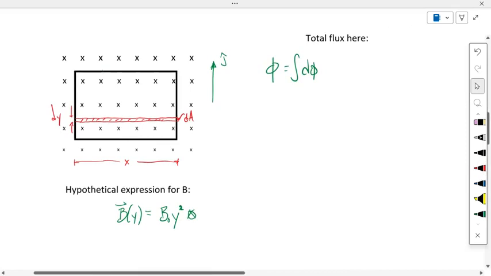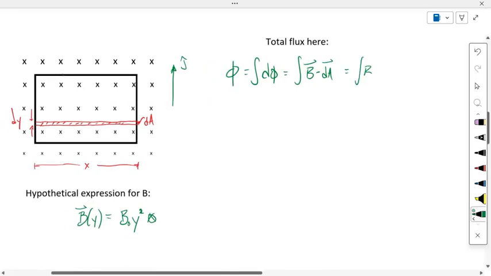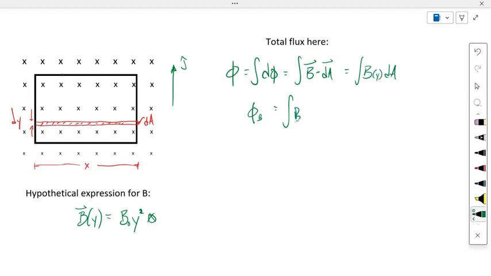Okay, so if we're going to add up lots of little fluxes, we can say this is B dot dA. But if we choose our area vector to also be into the page, then this simplifies to a plain old product, B dA, and we've got our function. I really should say B as a function of y, and our function is B naught y squared, and our dA is x dy,